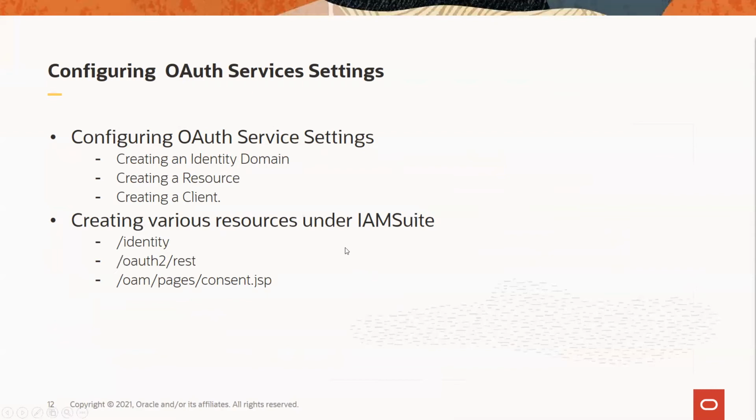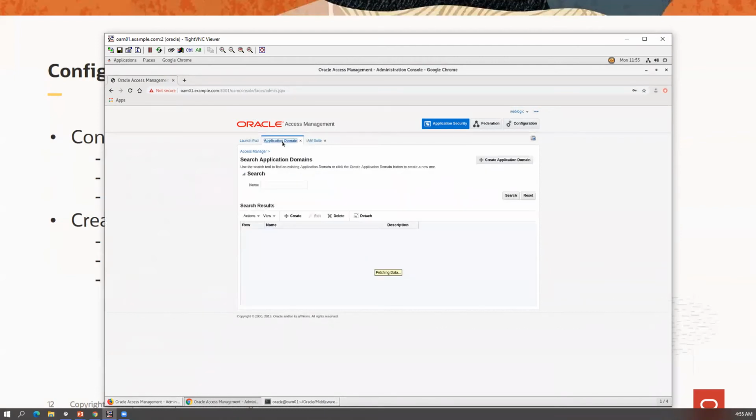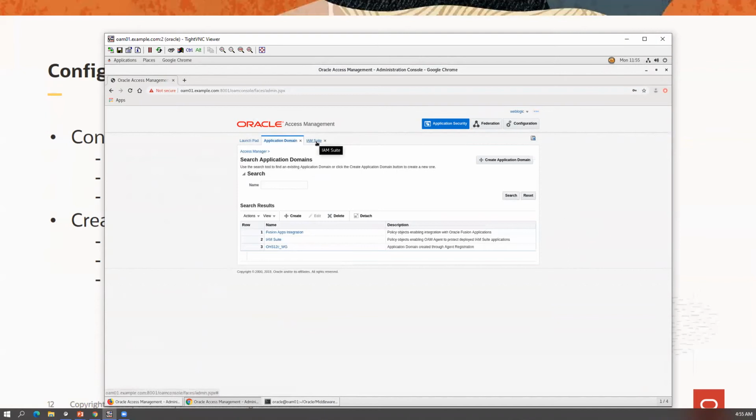And there are various resources which need to be configured in the Oracle Access Manager under the IAM Suite agent. I'll show here how this is seen. If you look into the application domain under IAM Suite, you will see the various OAuth resources or endpoints which are created here.